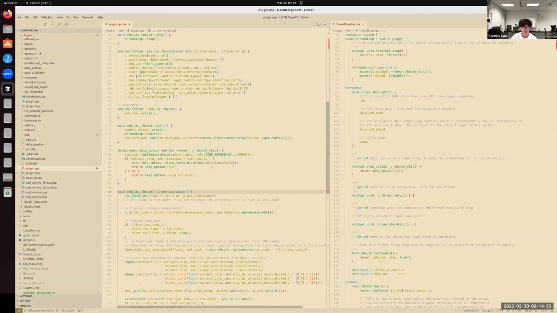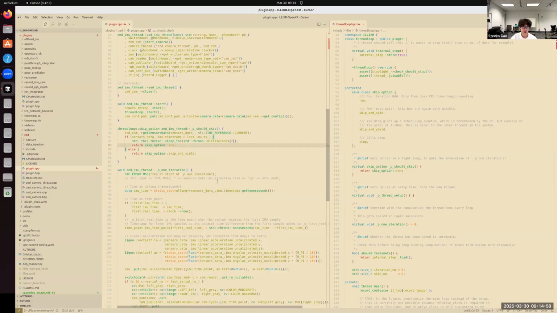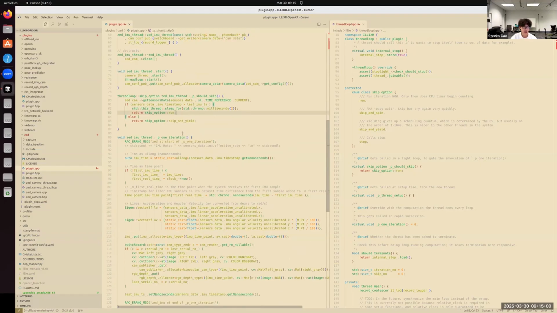As we can see, the P should skip here determines how frequently the iterations are run, and here if the IMU timestamp is greater than the last IMU timestamp, we sleep for 2 milliseconds. So you can use sleep here to control the frequency.